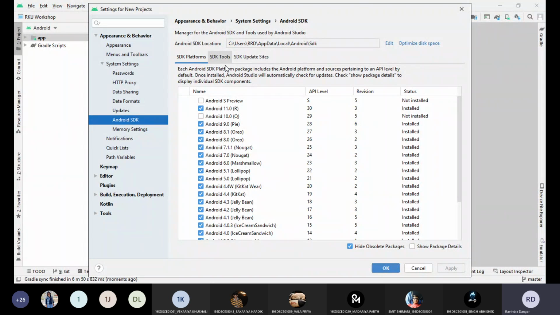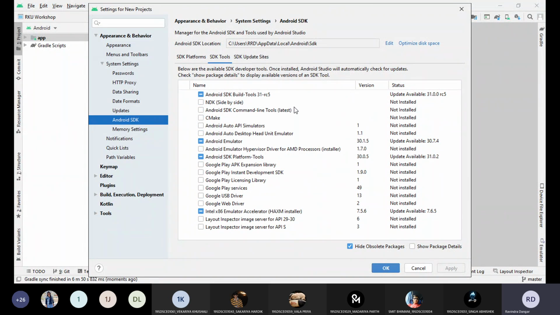Fine. And in SDK tools also, let me just demonstrate one or two things. You need to install this Intel x86 emulator accelerator. This is also needed because if you want to launch your application, then in that case this HAXM installer is also needed. So you need to download this accelerator if you want to run your application in the emulator. I will let you know what an emulator is, because you can run your application in your own mobile as well as in the emulator.